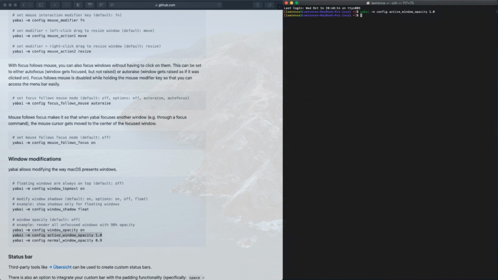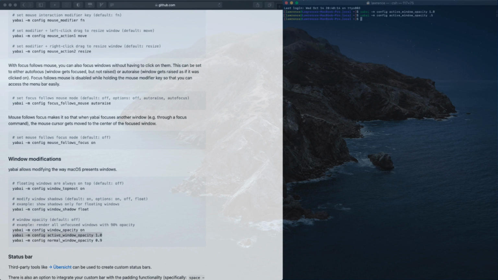And so I can make my active window opacity 1, and you see I can't see behind it anymore. Or I can make it 0.5, and you can see this is my active window, but it's almost transparent, right? So let's make it back to how I had it. I think I want it as,